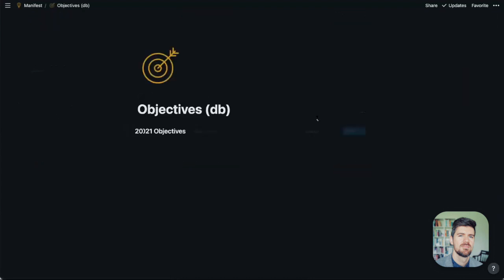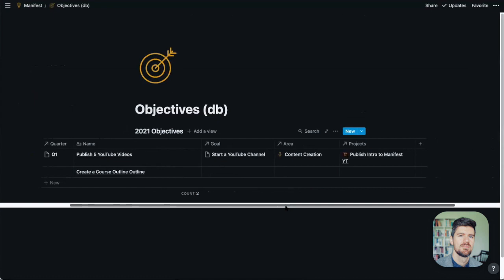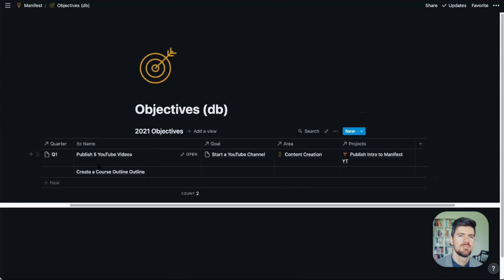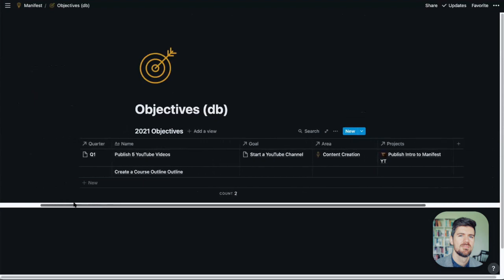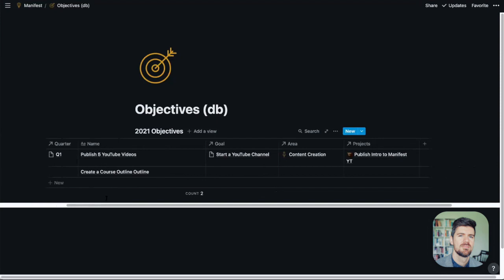And the last thing, which is objectives, is again more about getting quantifiable and having a goal that you can track your progress throughout. I like to use quarters, so there's a quarters database here. An objective for quarter 1 is publishing 5 YouTube videos, and we can see the relations happening in here as well.